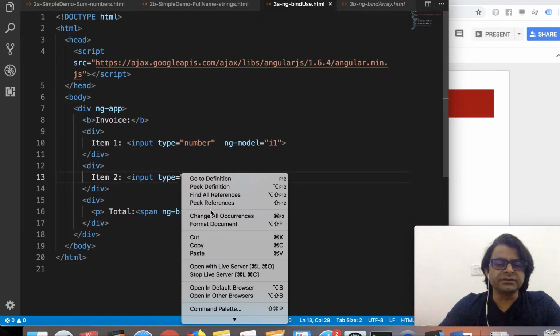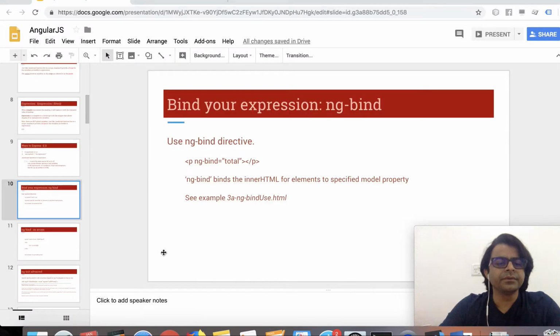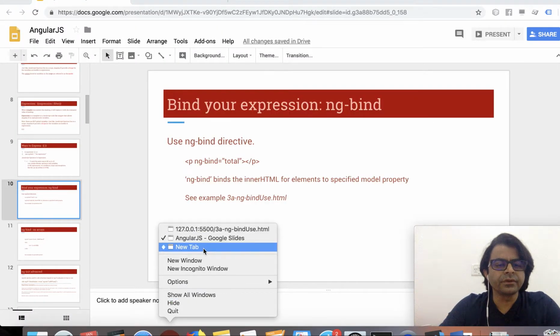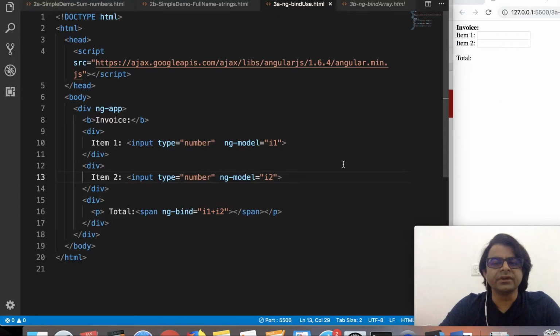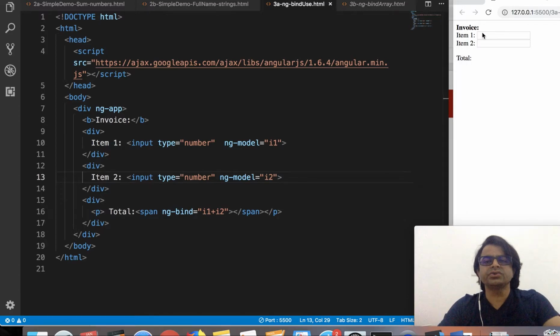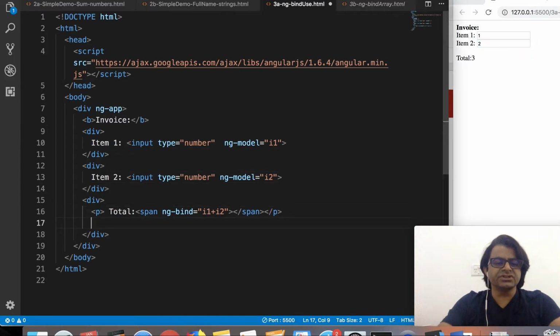Let's see the result of this. Yeah, so the result is here. When I run it, I get invoice, and there are two input fields like item 1 and item 2. So if I feed in 1, you get the total as 2. Yeah, 1 plus 2 is 3. The total is getting it 3. So what we can understand about ngbind is it works in a similar way as our